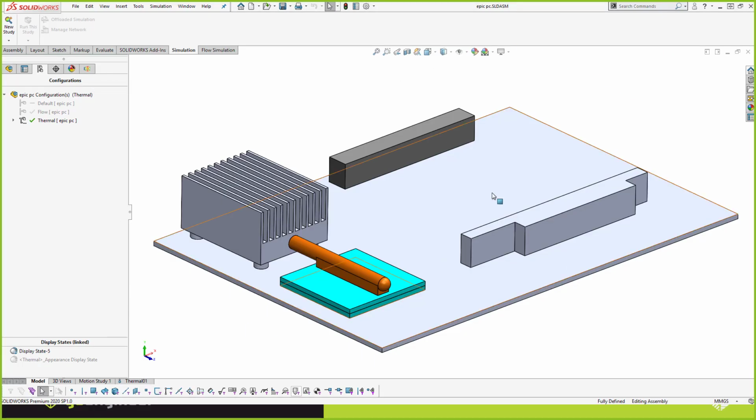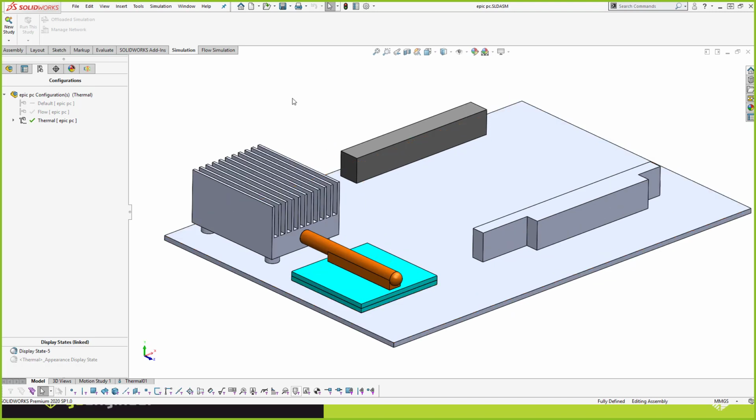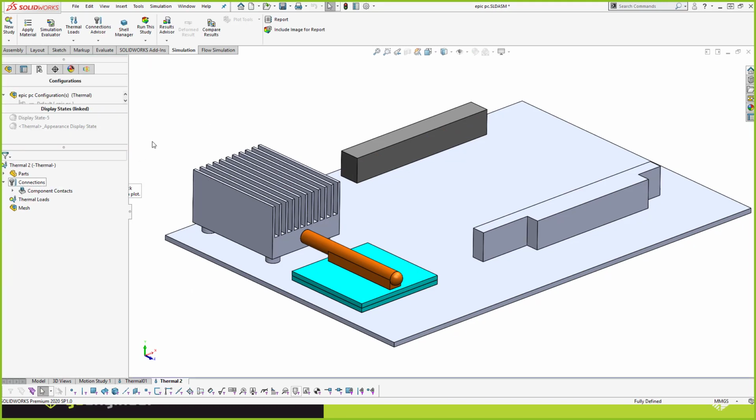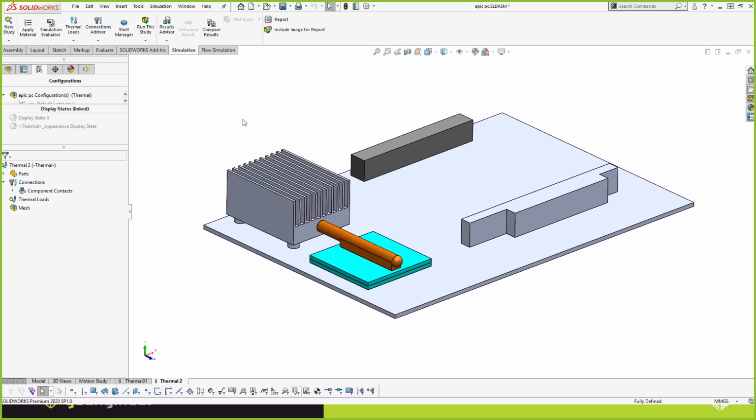So here I'm in SOLIDWORKS, and I'm going to set up a brand new thermal study. And using SOLIDWORKS Simulation, I'll go ahead and apply materials to my parts, assign the contacts between them, and also assign the loads. So let me start at the top here and apply the materials to the different components. Now in this case,